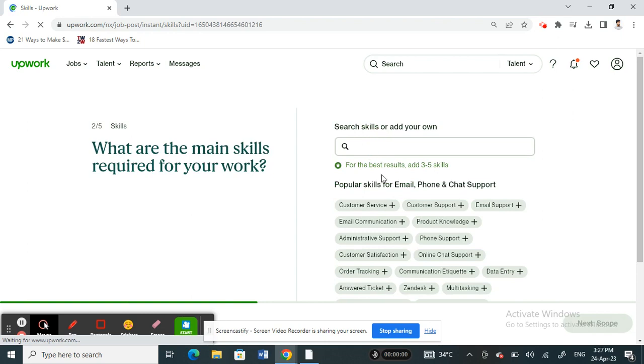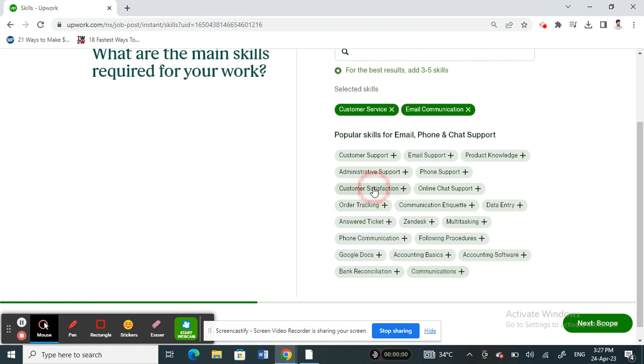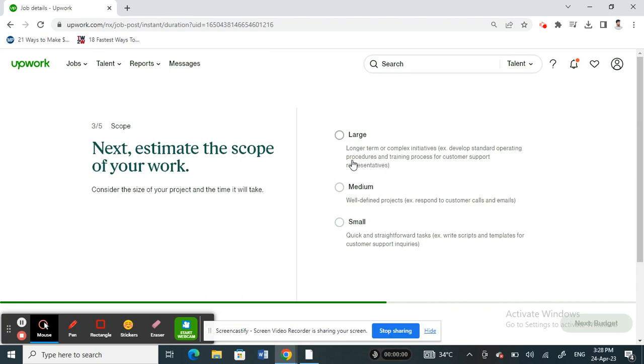So search the skill that's needed or required for the job. So you can just add or type in your own or choose anything from here. Then next, click on next, and then here you can choose the size of your project and the